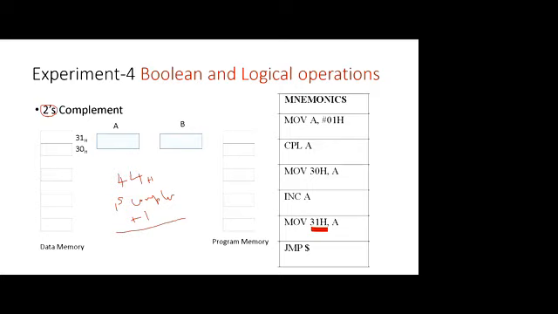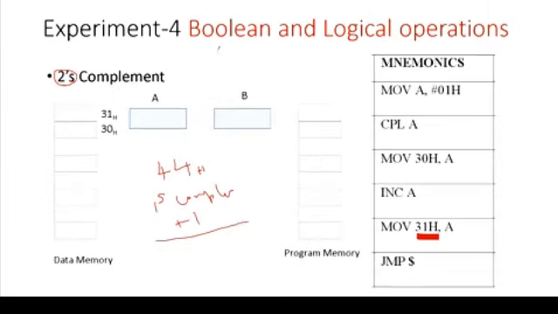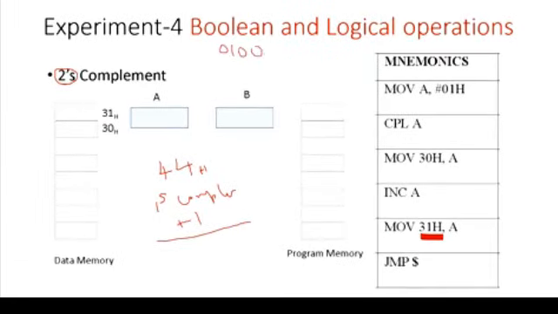The same thing we are going to do. We are taking 4, 4, right? So I'll be writing this in binary form like 0, 1, 0, 0, and then 0, 1, 0, 0. So this is 4, 4H. Now we want to first get the 1's complement. This is the first step. So how to get the 1's complement actually? All 0s will become 1, and 1s will become 0. So this is 1, this is 1, this is 0, this is 1, this is 1, 1, 0, and here 1. Okay, so this is the 1's complement.